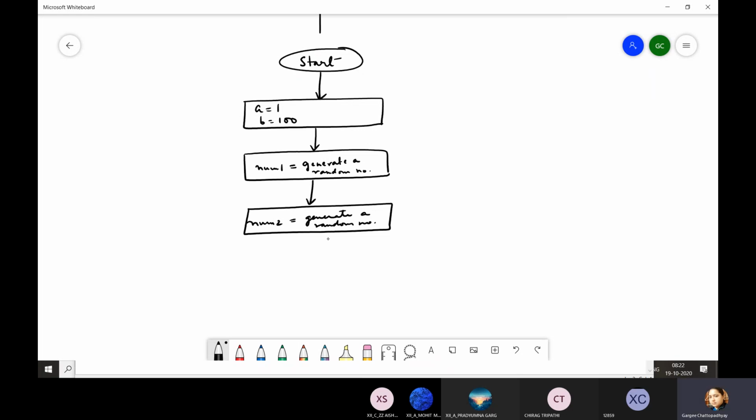So I have done this also, but now I have to make sure it is not equal to num1. For that, I will be using a condition, and this is a decision box which I have created here. In this decision box, I will check.